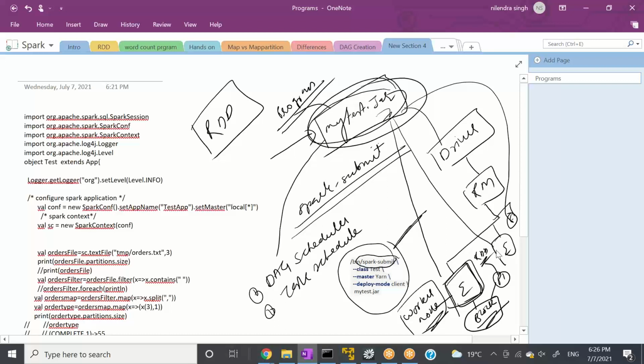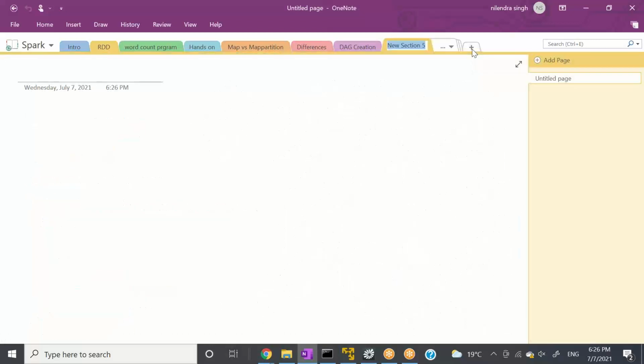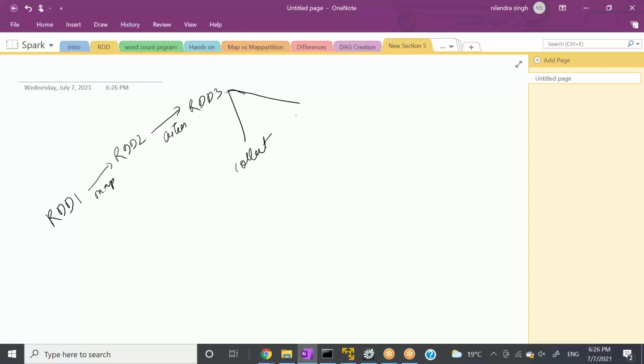So what I'm trying to convey here is, let's say you have RDD1, right? From this RDD1, you create an RDD2. From this RDD2, you create an RDD3, right? And you can do any operation. Let's say on RDD1, you did a map, RDD2 is created. On RDD2, you did a filter, RDD3 is created. And here you used RDD3 for two actions. You used collect here, and you use count here, right? The collect and count are actions, right? If you don't remember, let's go here quickly.